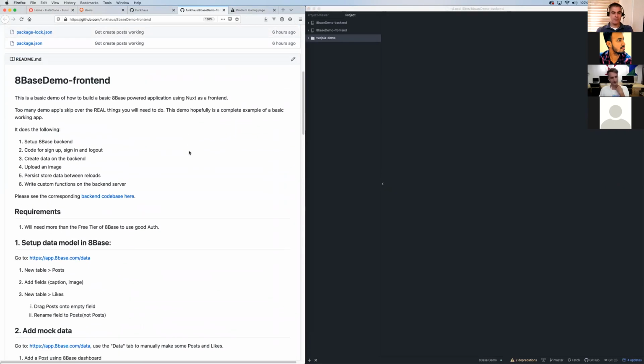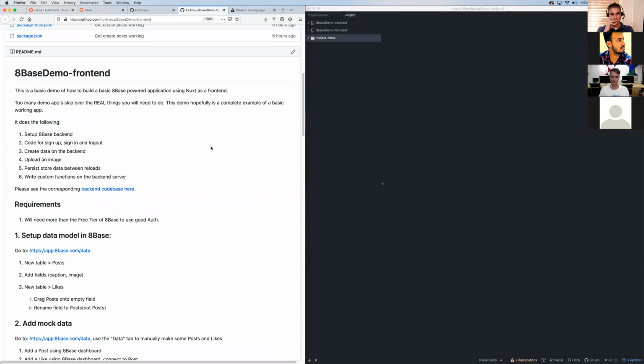Cool. Okay. So we're going to build basically a small clone of Instagram. We're going to have to define a data model and set up our backend part. We're going to code a sign up, sign in, log in, and log out function and store your token and all that kind of stuff. Then we're going to be able to upload an image and create a post essentially, and store the data so that page loads work if I come back to the app in a day and all that kind of stuff. And then, we'll see if we have time, I'll show you how to actually deploy custom functions to 8base